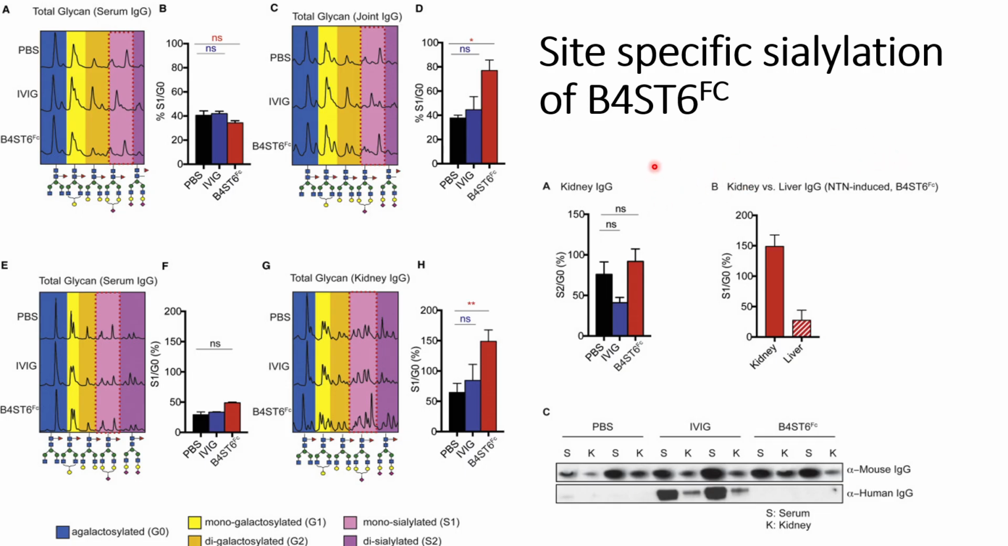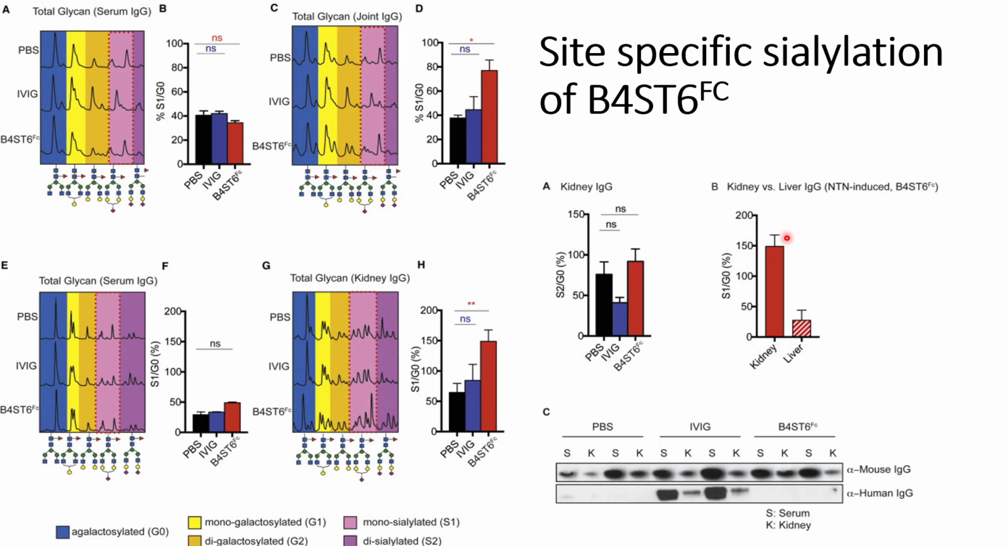B4ST6FC. So when there is no NTN induced, they cannot see any significant changes in this disialylated to aglycosylated structures ratio. However, when they introduce this B4ST6FC, they see a change in the glycan structures between the kidney and liver of the same mouse models,